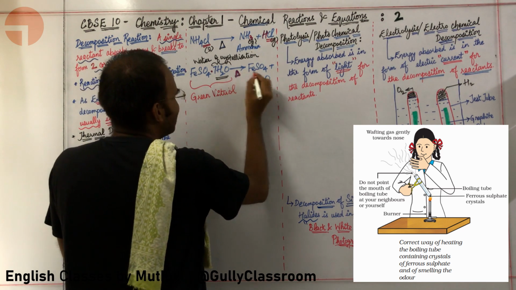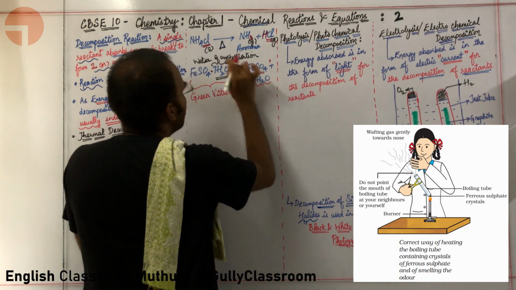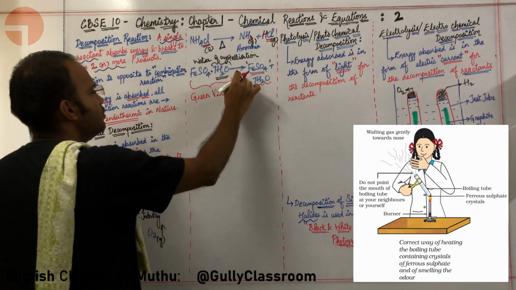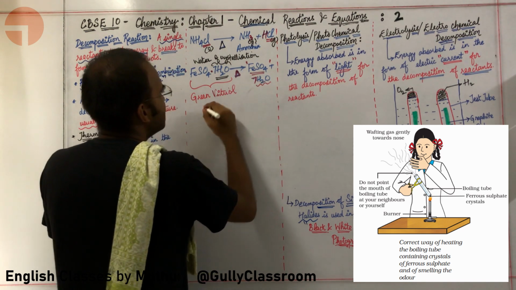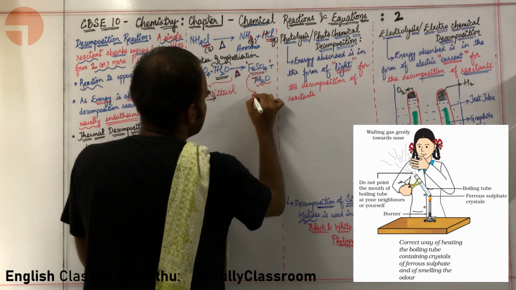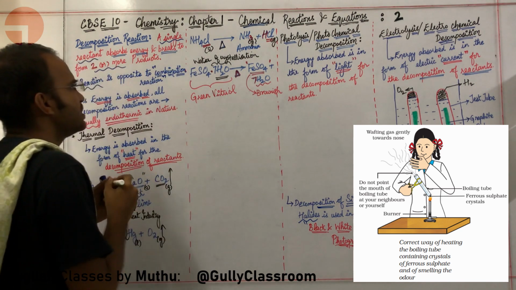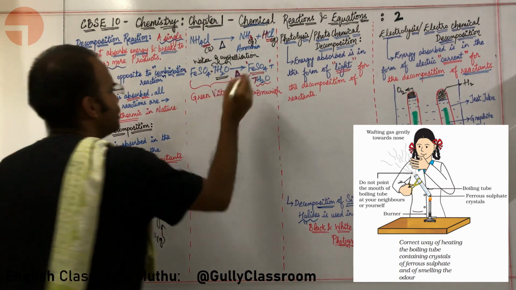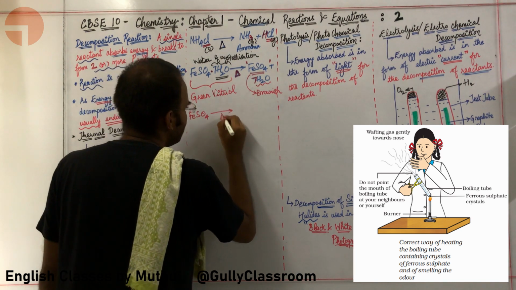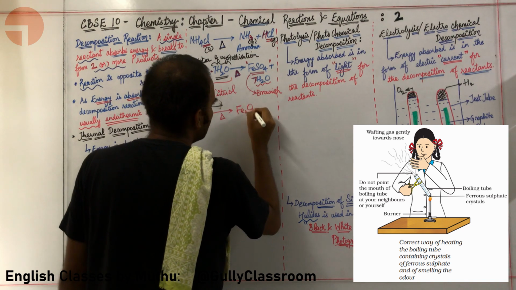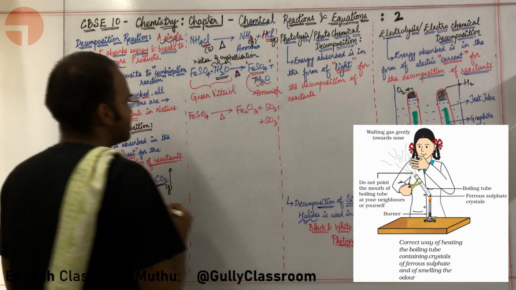When I am heating green vitriol, it loses its 7 molecules of water of crystallization, and then it loses its color. Here FeSO4 is usually brownish in color. Okay, sir. Now what will happen to FeSO4? Let us write that reaction. FeSO4, when you are giving it more heat, you will get Fe2O3 plus SO2 plus SO3.